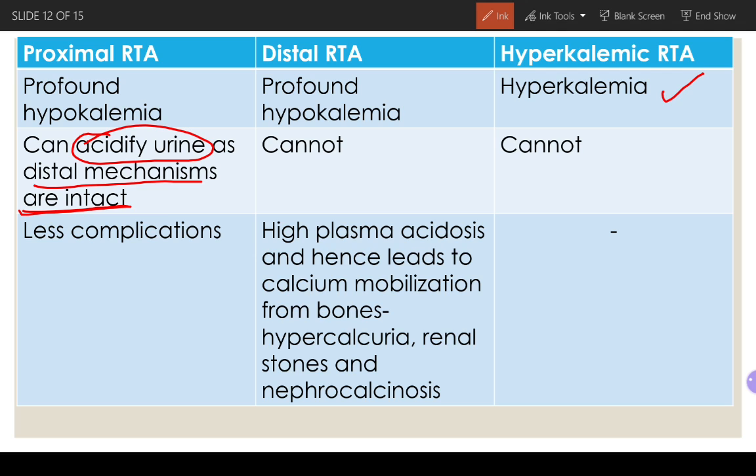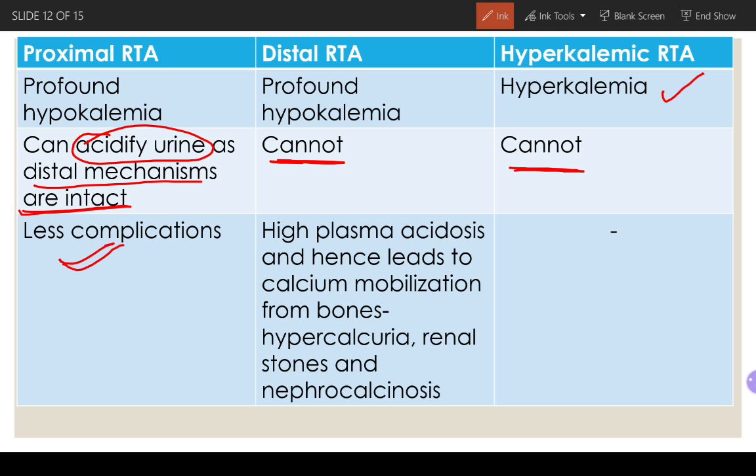But in distal RTA, what happens is that it cannot acidify the urine because there is a primary problem with the distal convoluted tubule. So there will be no active H plus secretion, and that active H plus secretion is the major part of acidifying the urine. And also in hyperkalemic RTA, there's a problem with the distal convoluted tubule, so that also cannot acidify the urine. So due to that, proximal RTA has lesser complications, whereas your distal RTA will have